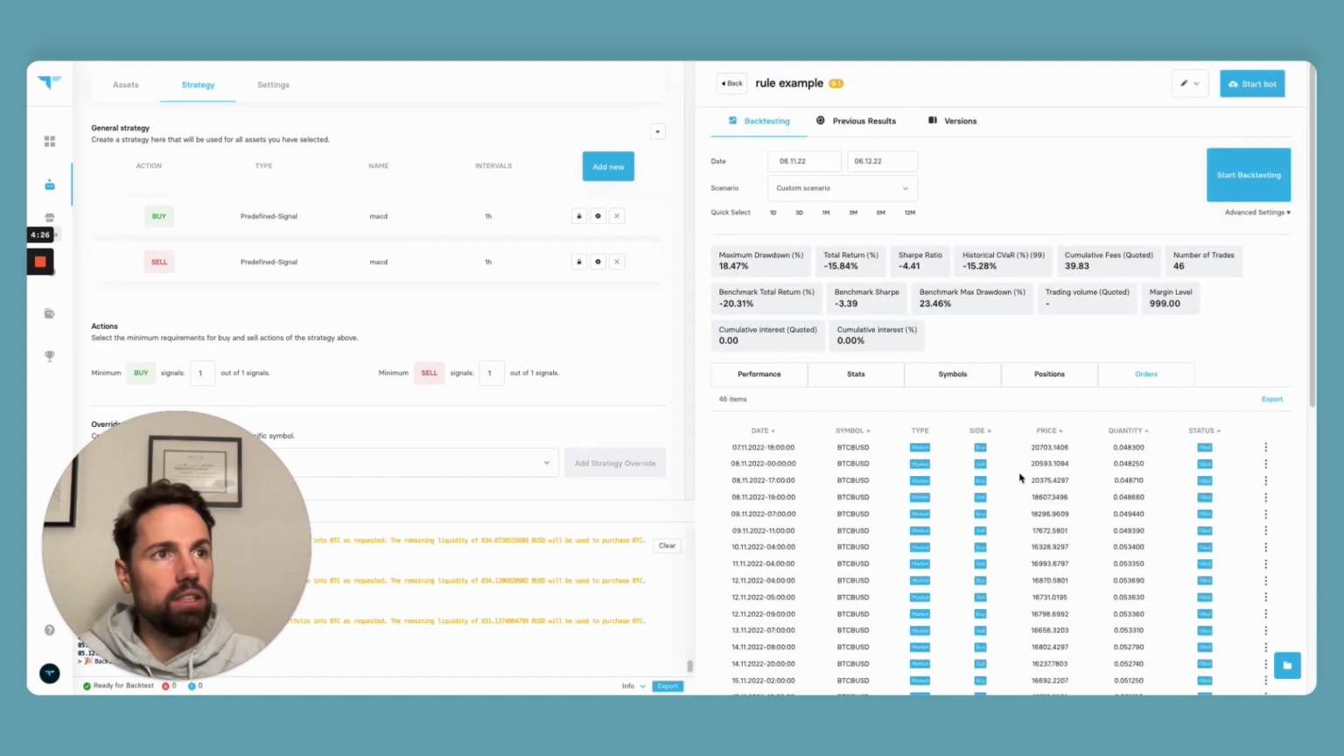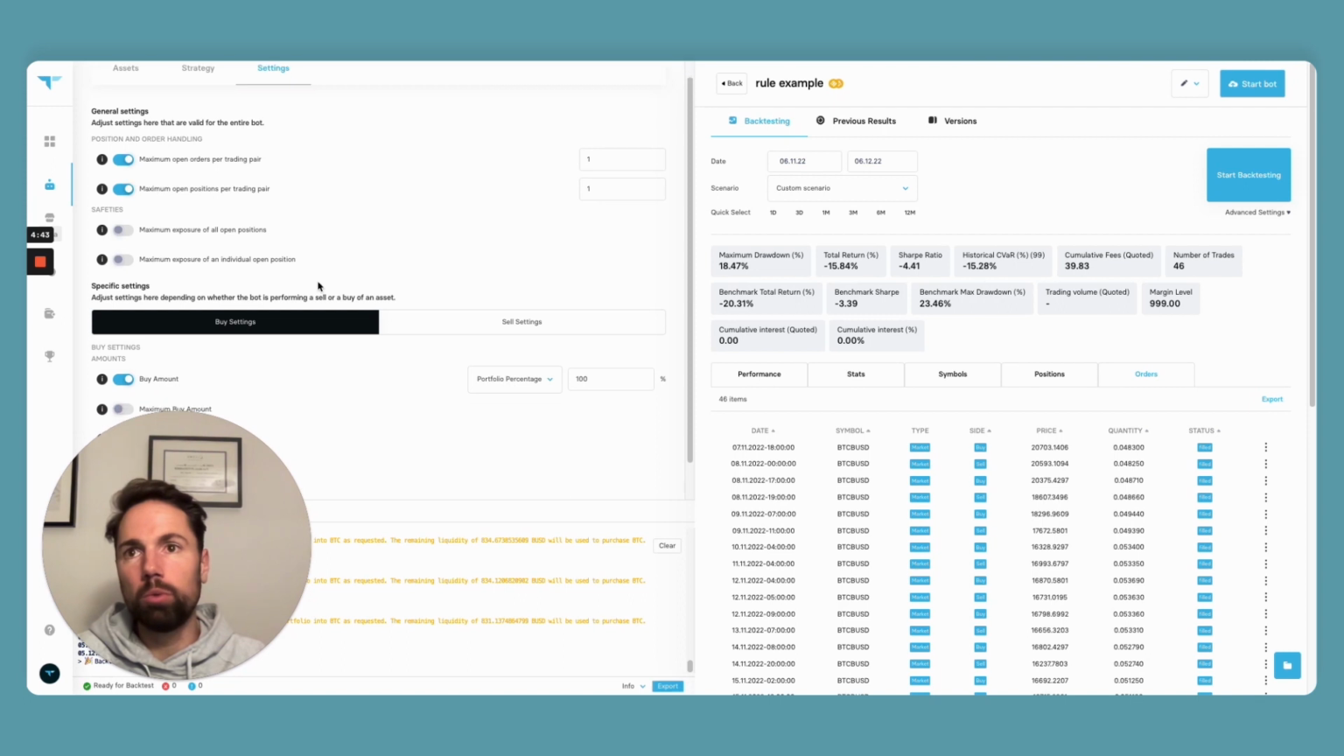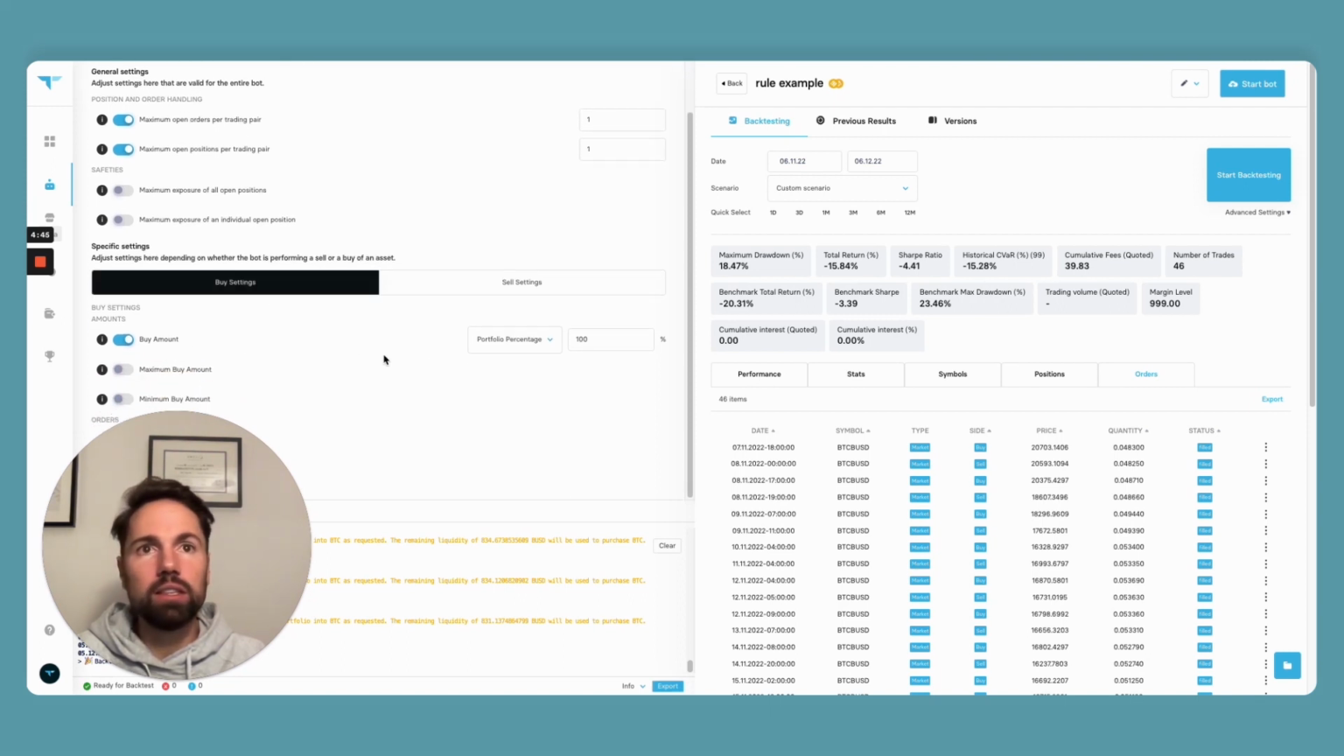You can see the individual orders that it did. And so you can go back and forth between the left-hand side improving a strategy, the right-hand side backtesting it, and play this iterative game of building a bot. You also have some additional settings which you might find useful, such as, for example, maximum open orders, buy amounts,